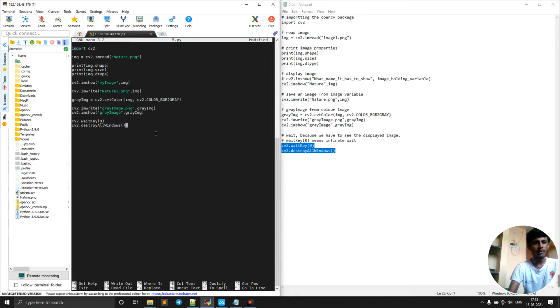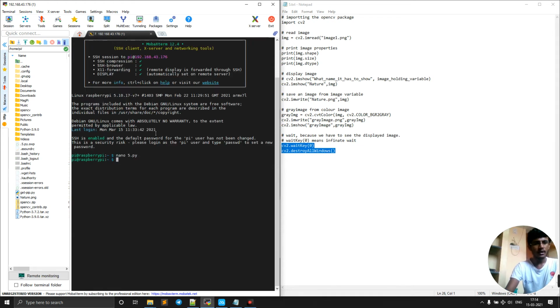Now we just save this one, with Ctrl+X and Y. Now I just need to run Python 3.7 5.5. Now we see if any error is there, it will give us the error. So now it shows these image properties.